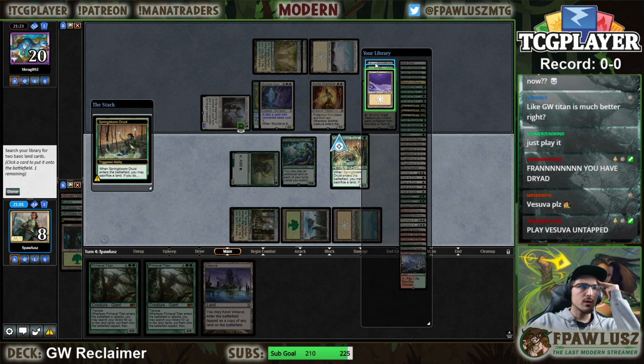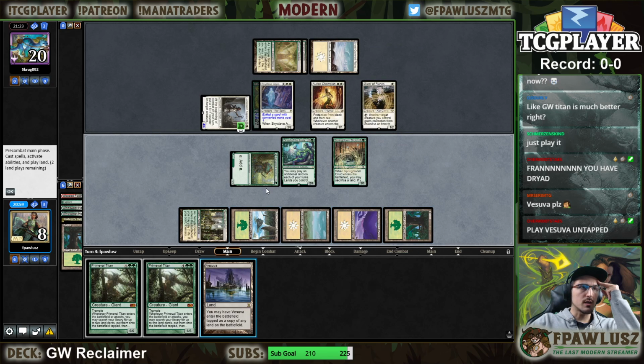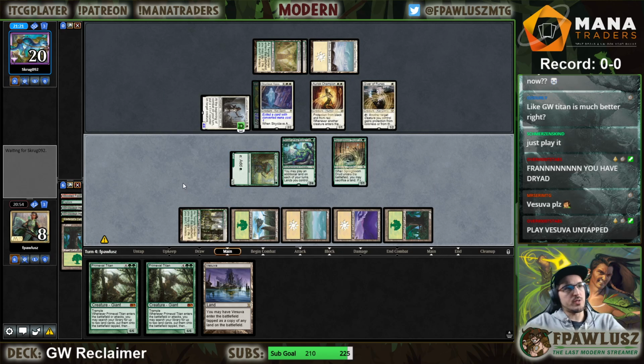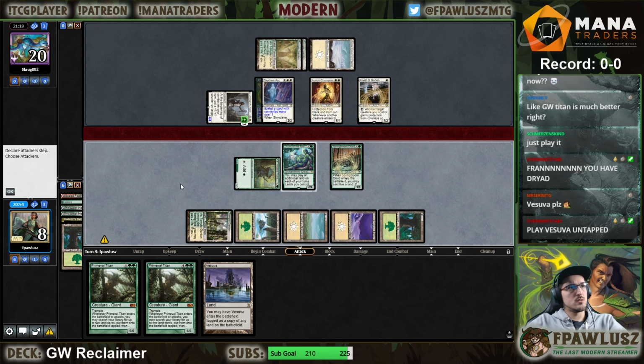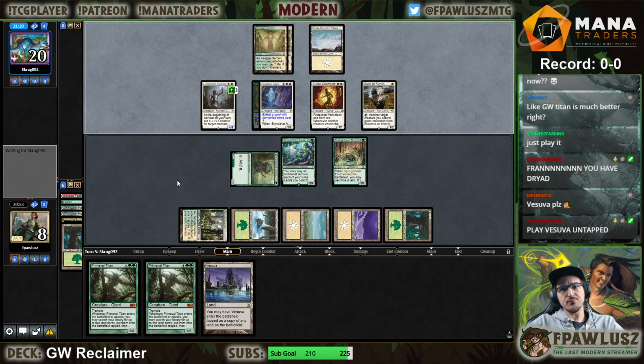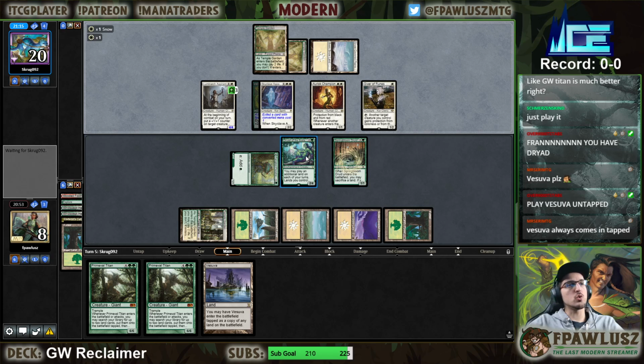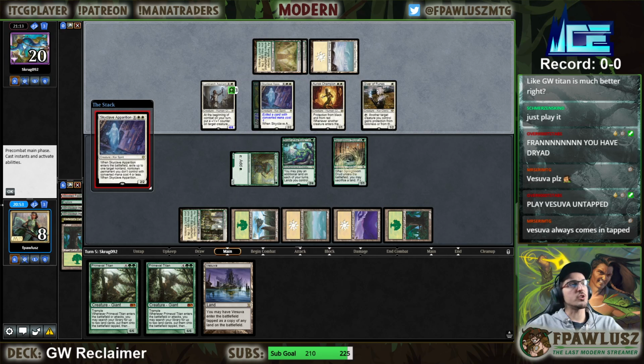Plains and Forest. And I guess I want to play around my... No, I don't think I can play around removal. So if my opponent has removal for the Florahedron, I think that's that. Oh, we can Vesuva! Oh, you're right! We can choose...